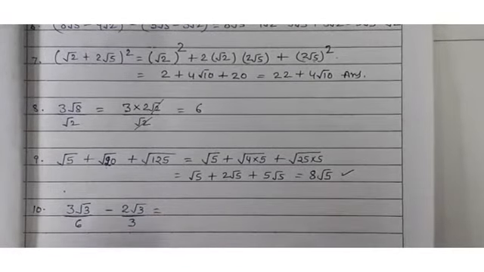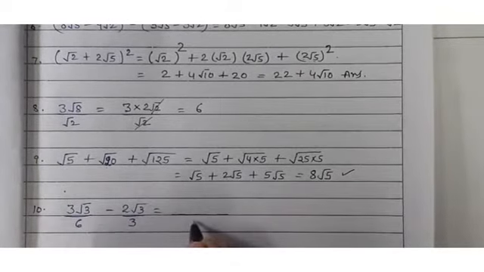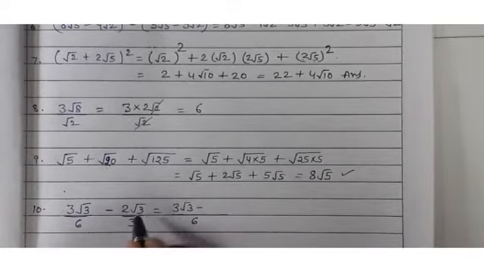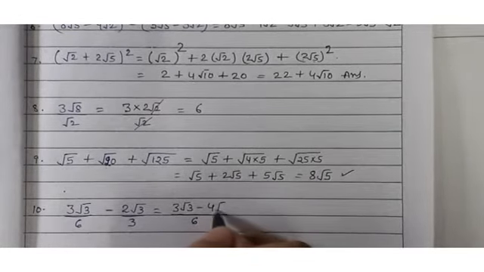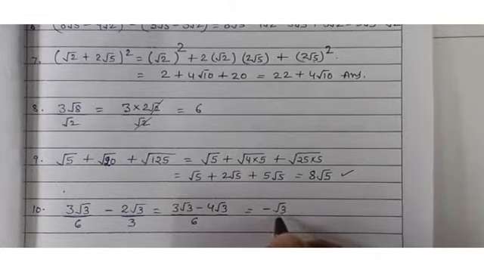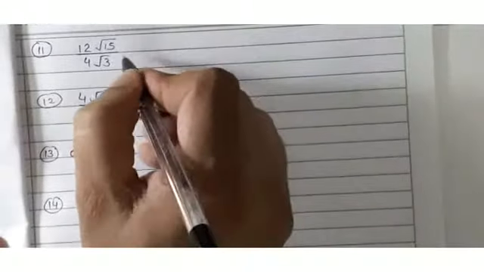Come on, the next. See here, these two are in fraction. So what to do? Take LCM, which is 6. So 6 divided by 6 is 1, this as it is. 3 2s are 6, then 2 2s are 4 will come here. 3 root 3 minus 4 root 3, this will be minus under root 3 only, and this is your answer.